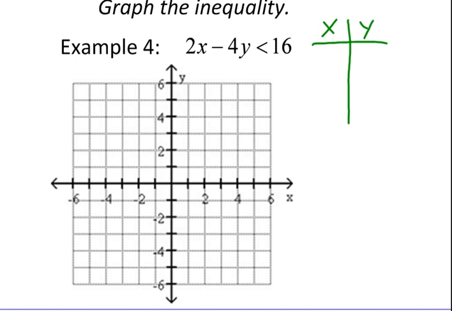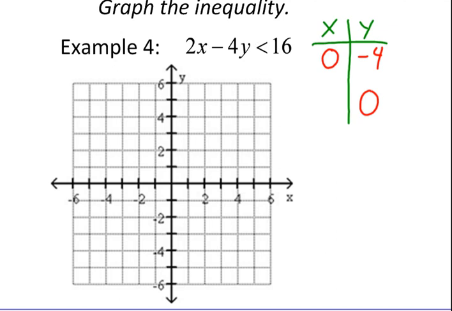But what I like to do is let x and y be 0. So if x is 0, so 2 times 0 is 0, then we take the number on the right side divided by the negative 4. So 16 divided by negative 4 is negative 4